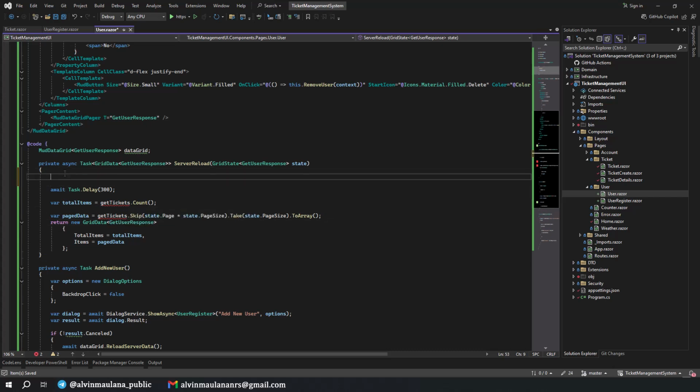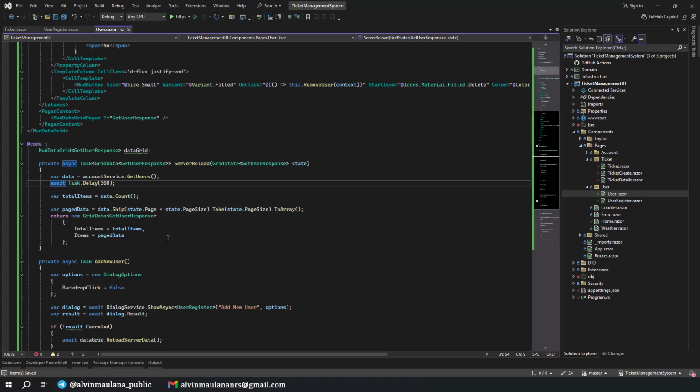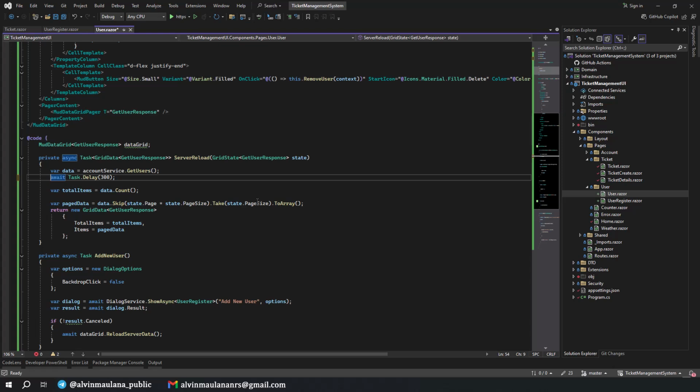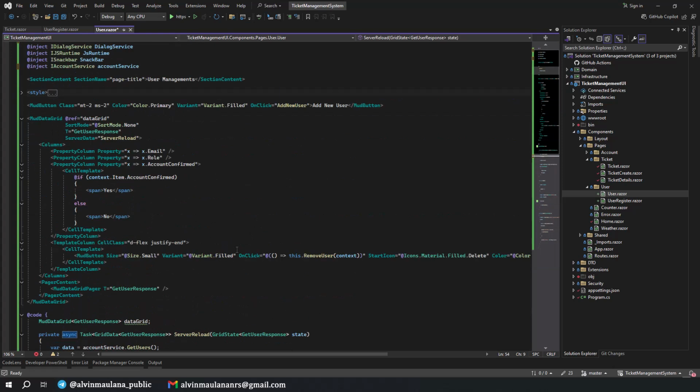It should be a var, just put at data, account service get user. Okay, it's not asynchronous, so we can just do it like this, and data count, data skip. This is the implementation of getting the user from our service, and all the implementation is complete.